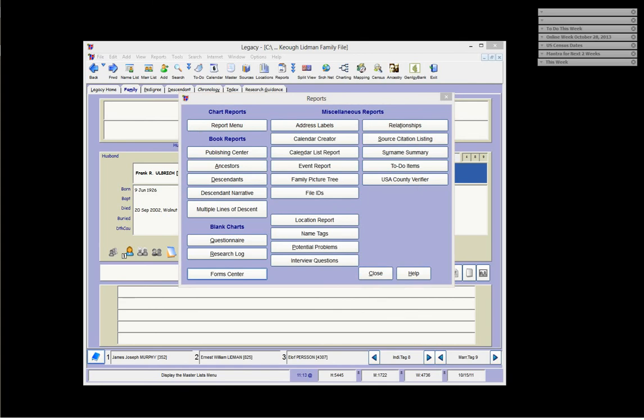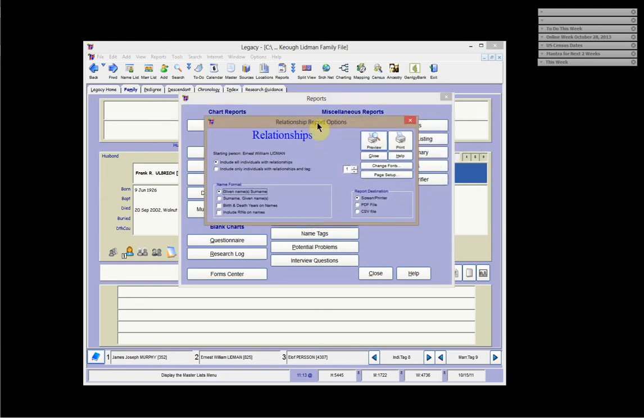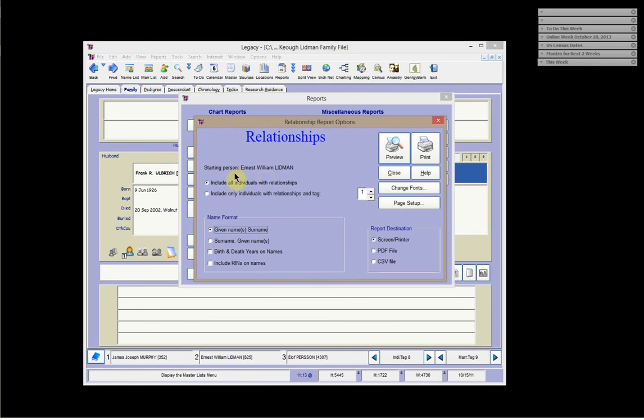Now, while we're still in the reports section, another one you're going to want to take a look at is relationships. And if you click on that, and we'll make this a bit bigger here, if you take a look at this in relationships, your starting person in this instance is Ernest Lidman, and I can ask it to include all individuals in relationships or include only individuals in relationships with a tag. And then I ask for a surname and I can get additional information, perhaps the RIN and the birth and death years. And if I've asked for all individuals, we can just click on this and get a preview of